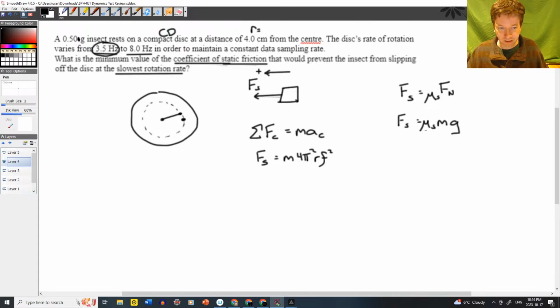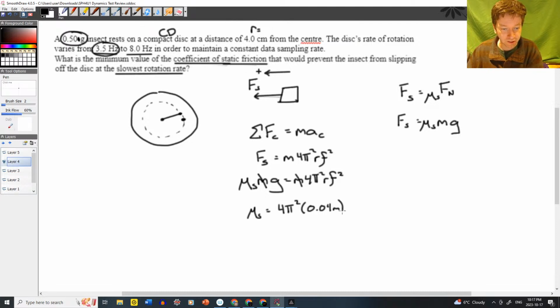Where are we? So static friction, let's just substitute that. Mg equals m times 4 pi squared r frequency squared. So masses are going to cancel. So we didn't even really need to care about that mass of the insect. Okay, and we can just divide by g to figure out what that coefficient is. So we have 4 pi squared. R is 4 centimeters, but put this into SI units, so